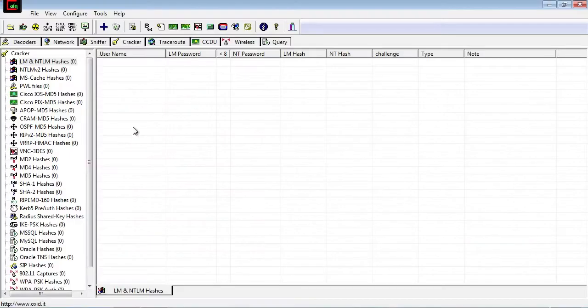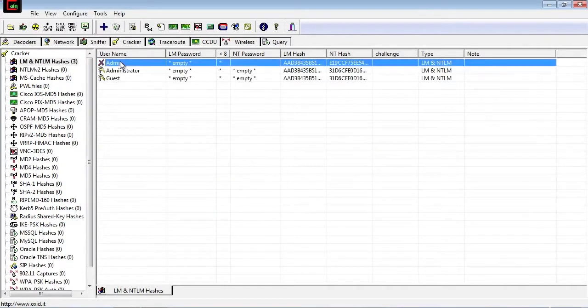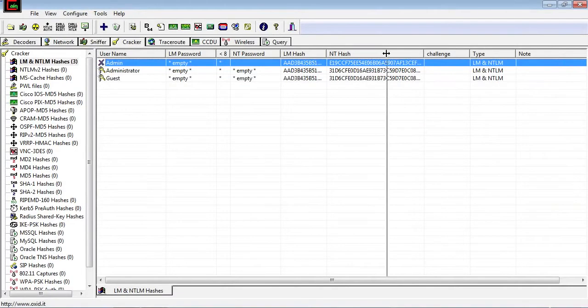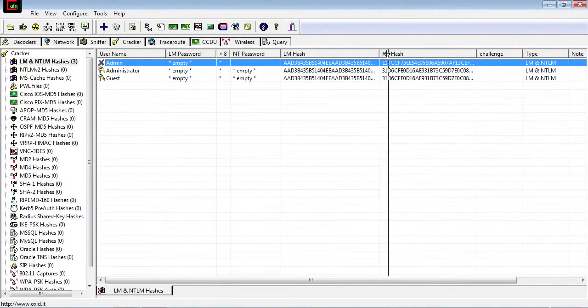It's the fastest way to crack passwords on average. Now, first thing we need to do, we need to add the LSA database or NTLM hashes. So we'll click the blue plus and import the passwords from the local system. Now, we can see that the admin account and the password hash that we have extracted is right there. And again, we can see that the LM hashes are all the same, meaning that the LM hash storage has been disabled, which is the default setting for Windows 7. Now, changing gears a little bit, from Windows Vista and Server 2008 till today, the default is to only utilize the NT hash that we see here.